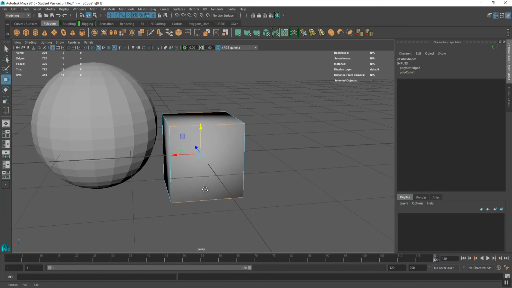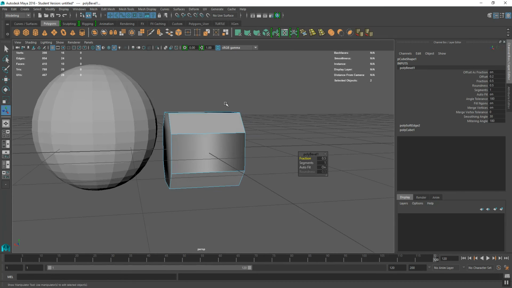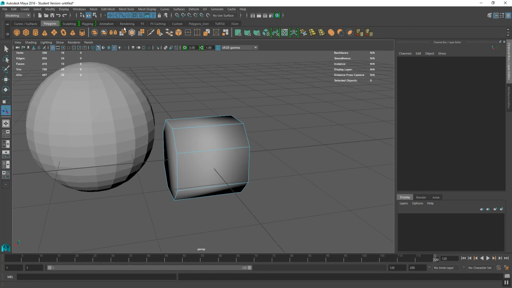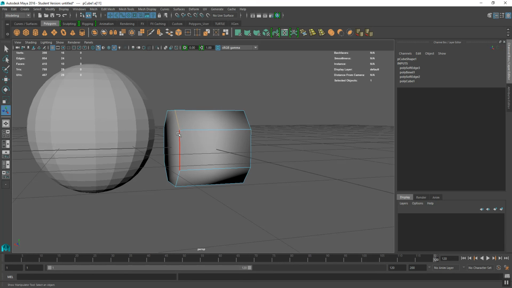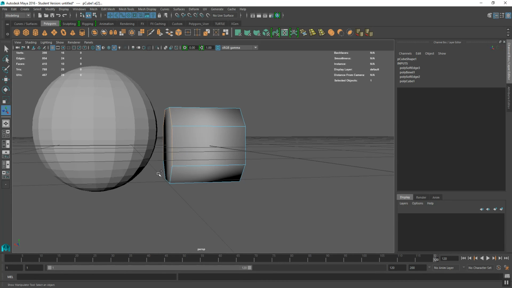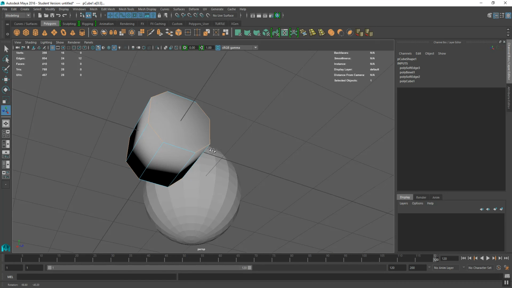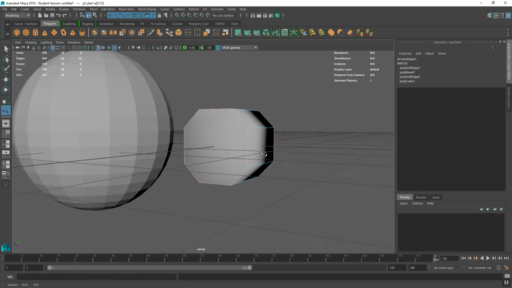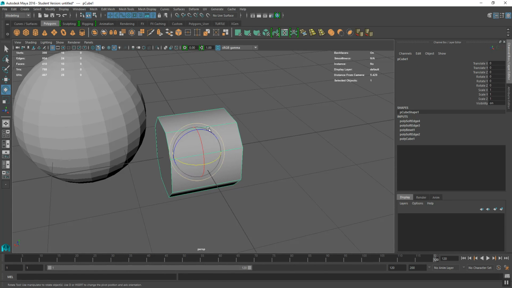bevel this cube. If I go to Mesh and Bevel, what I can do is, if I select those edges and I'll just use the soft edge tool, you can see it looks a little bit more convincing there, and I'm going to create a hard edge around this bit. And you can see that even though this has got very few polygons,